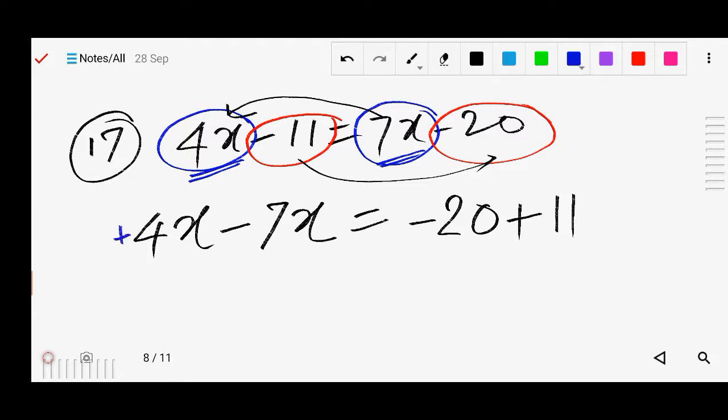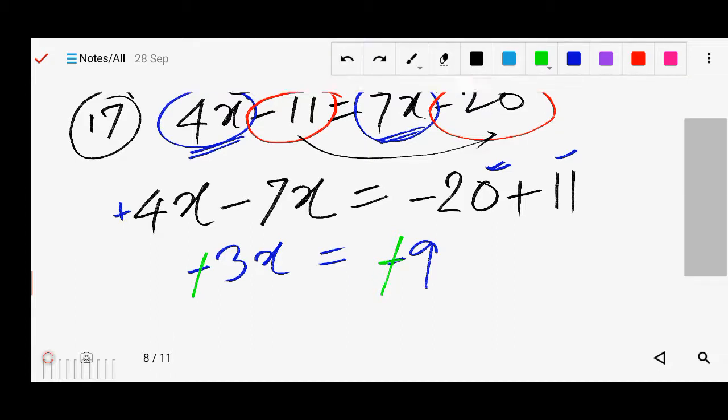Here is plus, so plus minus minus, so 7 minus 4 is 3, and the larger number is 7, so the minus sign will be there. Now here plus minus again minus, so on that side 20 minus 11 is 9, and the larger number is 20. So what you can do, if both sides have the same sign, minus minus, you can cancel the minus. There is minus here and minus here, so we can cancel the minus. Okay, now it is left.